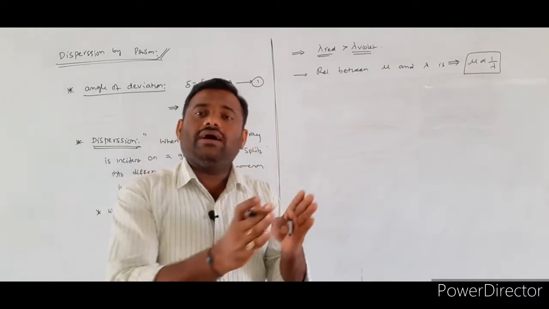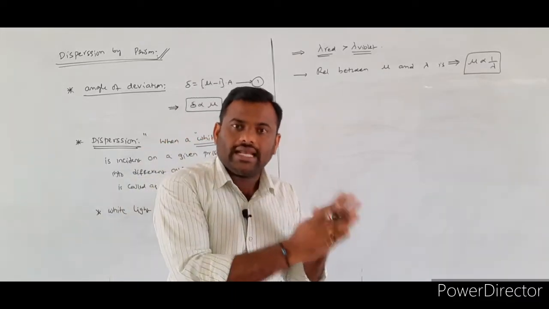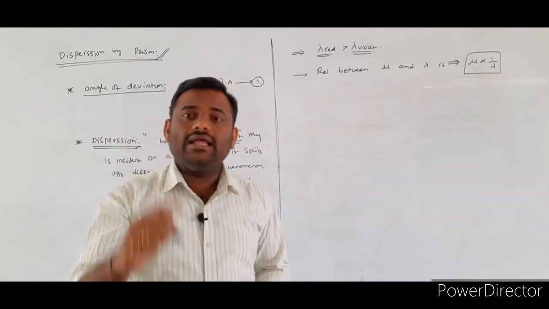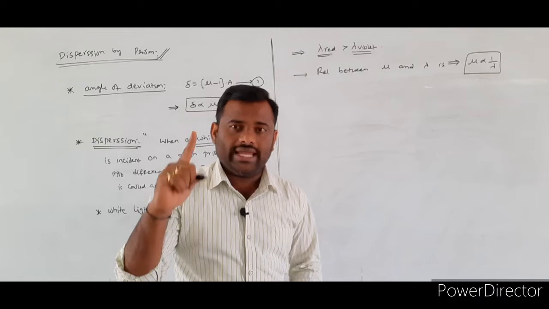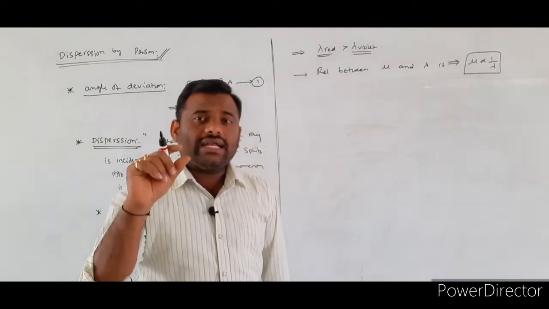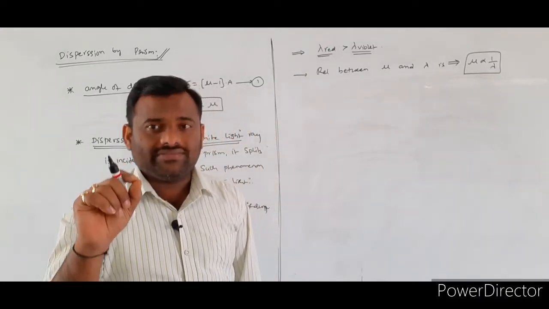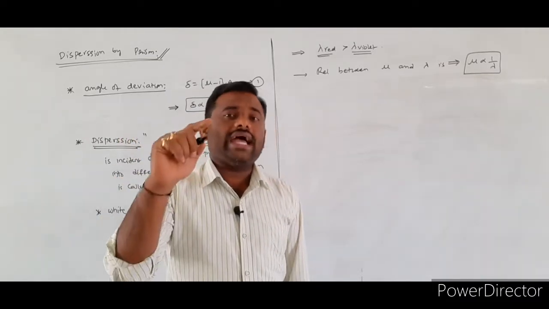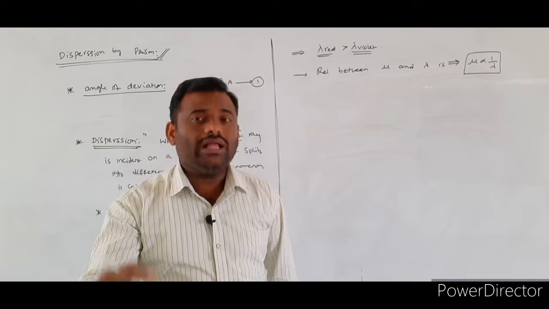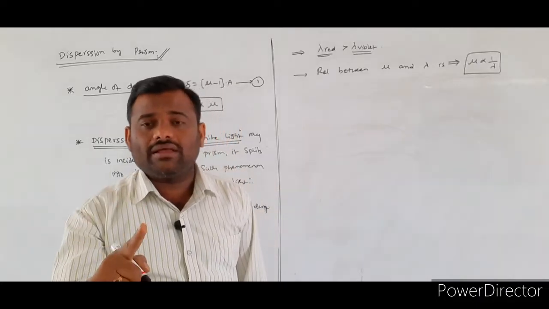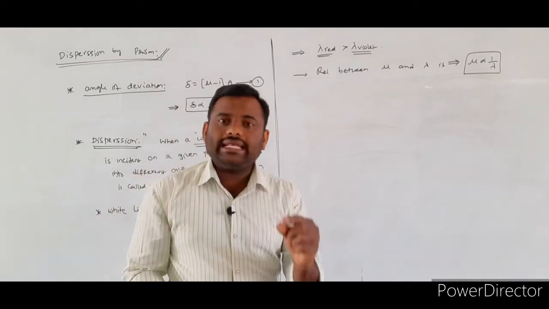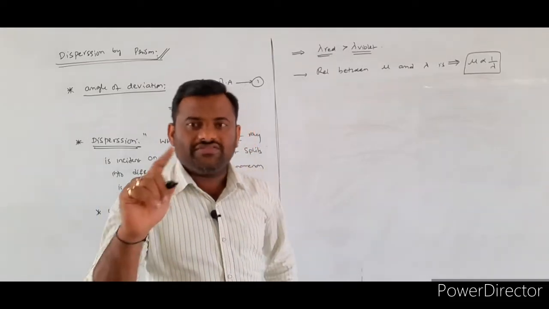In accordance with the wavelength of the incident light. So that is the point we have to remember. This is the reason behind the dispersion of the light. What is the reason here? For different incident wavelengths of the light, the refractive index of the prism also changes. Because of that reason, the white light will be split into different colors.